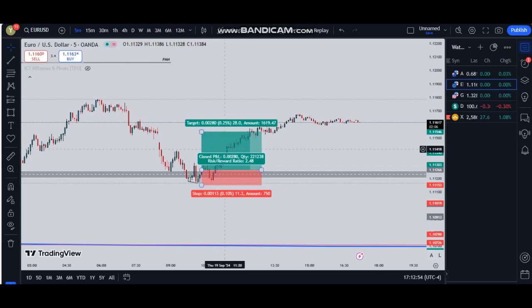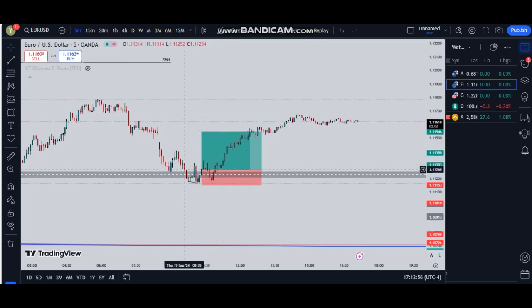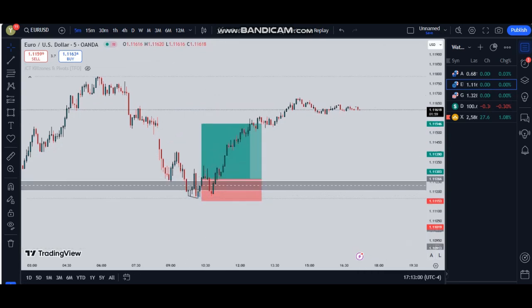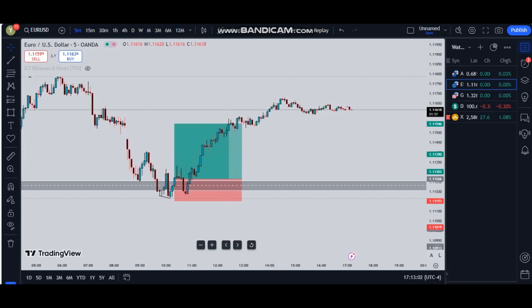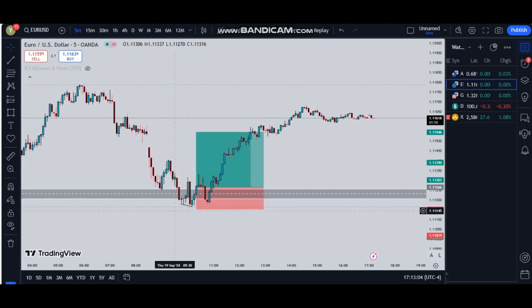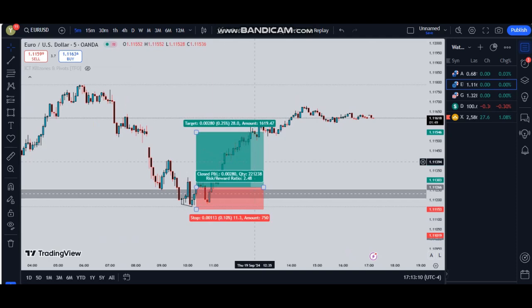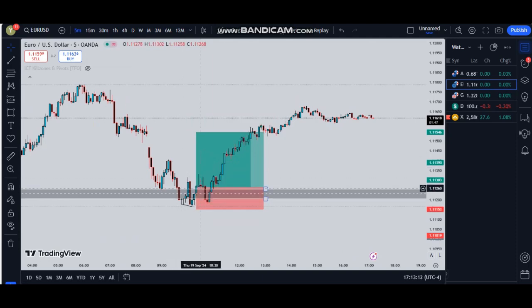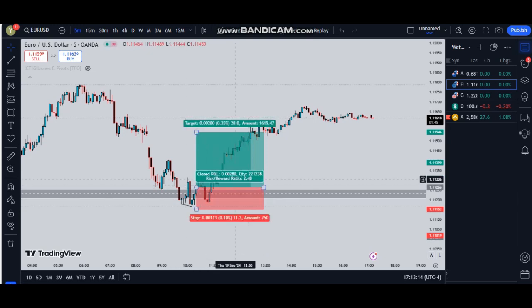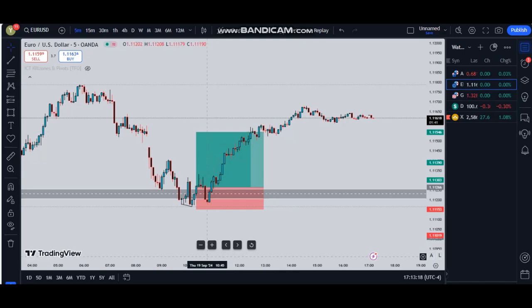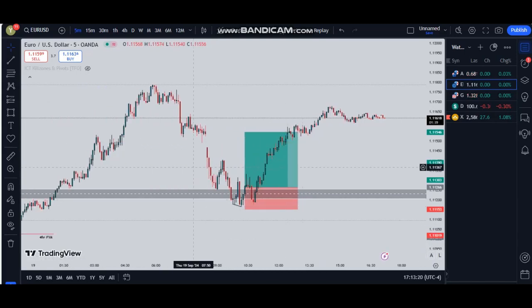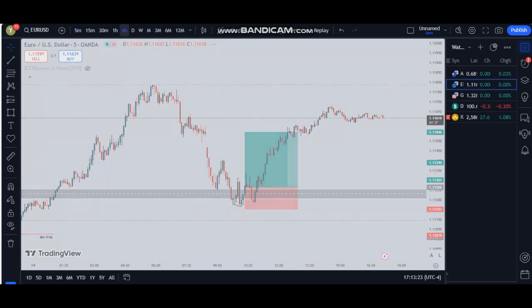So somehow the market dropped, created an SMT, because EU and GU are positively correlated, and when I saw that, that was a strong confluence that the market was to be bullish. So I entered off a fair value gap, and the market dropped, nearly took me out, but we rallied back and our TP was hit. So that was my thought process, and still expecting price to be bullish.